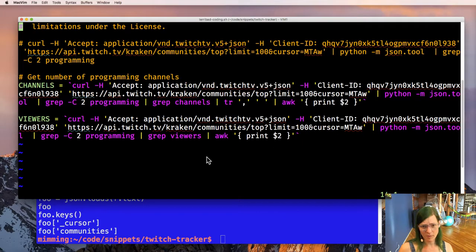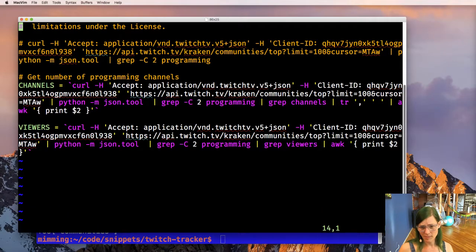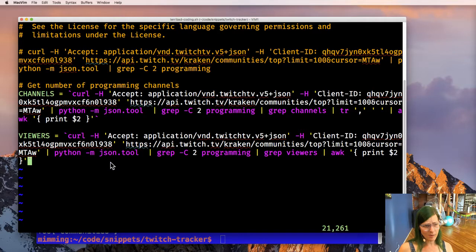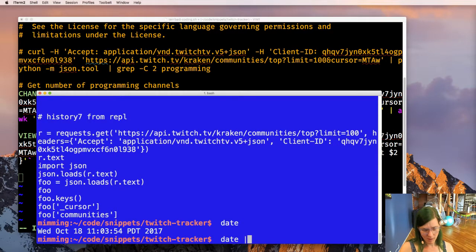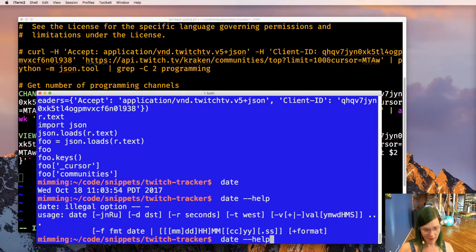Okay, so what else we got going on here? So now we have the channels and the viewers, and now we need a timestamp. So I think the date command will do that. But can I pass the date command a format string? Ah, I can. And it looks like it's a pretty simple format string it accepts. So let's do...